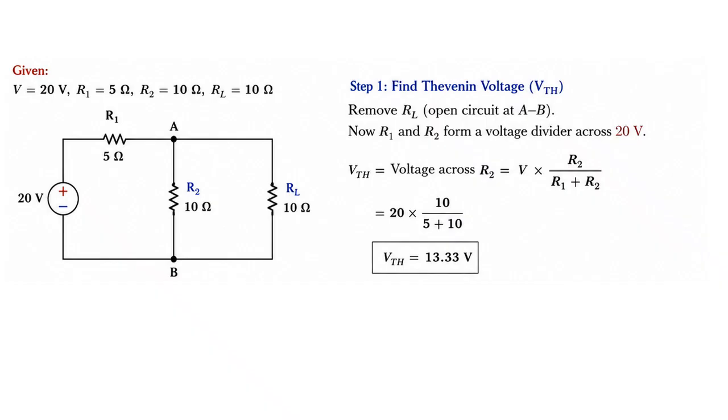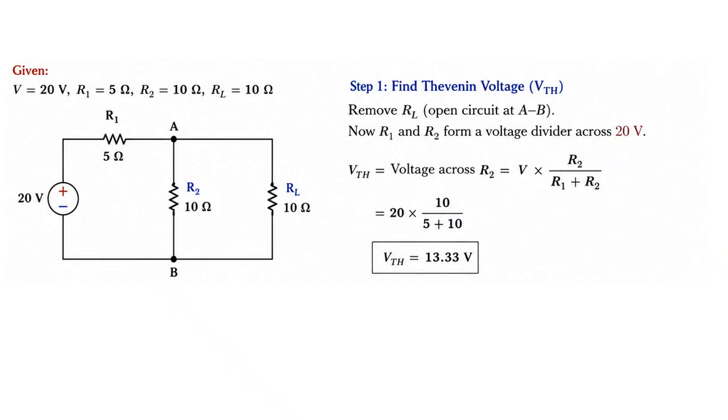Similarly, there is a next problem related to Thevenin's theorem. In this problem, they have given the value of the voltage source as 20 volts, the resistance R1 as 5 ohm, the resistance R2 as 10 ohm, and the load resistance RL equal to 10 ohm. So, from this circuit, first, for finding out the Thevenin's equivalent, according to the Thevenin statement, first we have to find